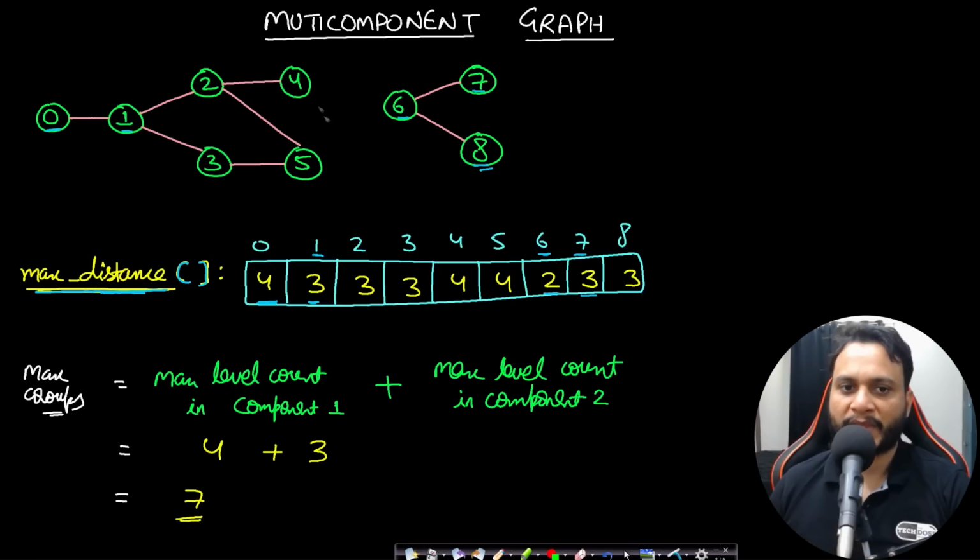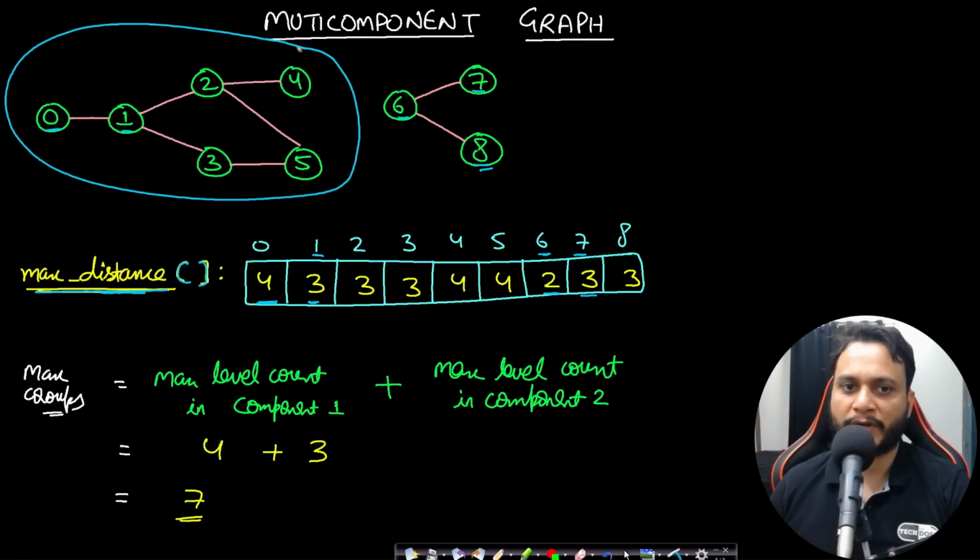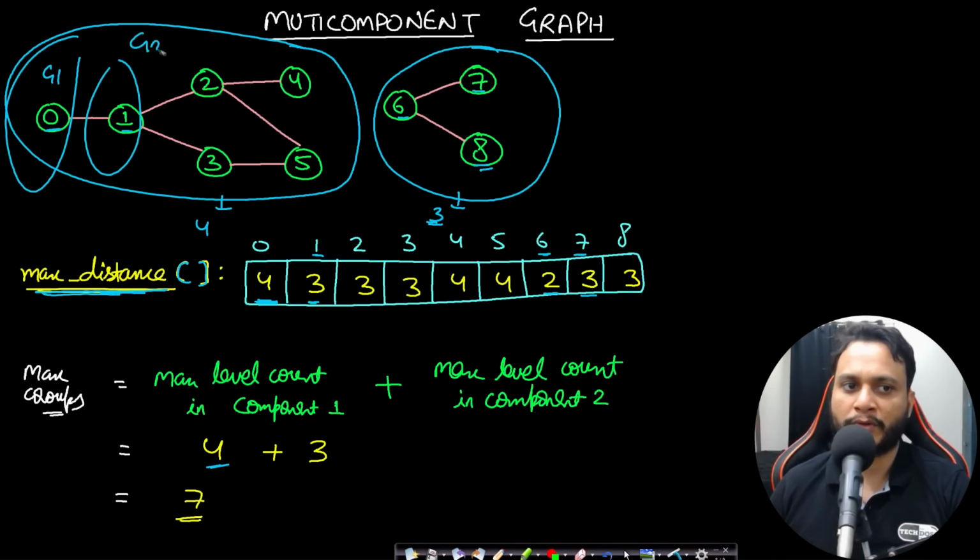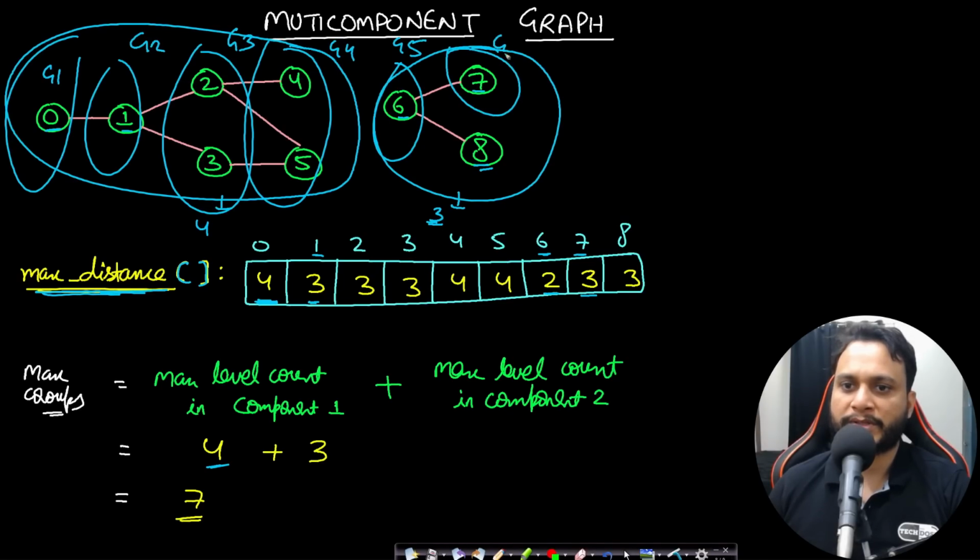Now after doing this, for component number 1, take the maximum number of groups, which will be 4. You can just iterate through this entire maximum distance array and find out, it will be 4. For the other component, take the maximum number of groups, it will be 3, right? So I will give this group number 1, group number 2, group number 3, group number 4. Now for this I will give group number 5 instead of giving any previous group, because I want to maximize the number of groups, right? I will give this group number 6 and this group number 7,